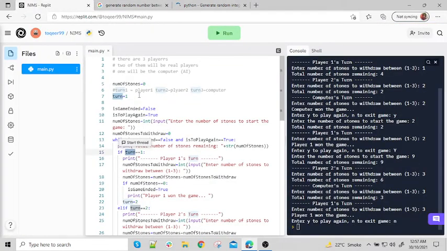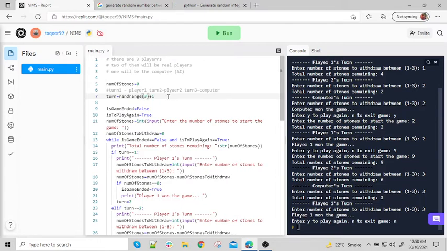So what I can do here is randrange(3), so it will generate a random number from 0 to 2, and actually I need 1 to 3, so I will add plus 1. It will convert 0, 1, 2 to 1, 2 and 3. Simple it is. So the turn will be decided randomly now.